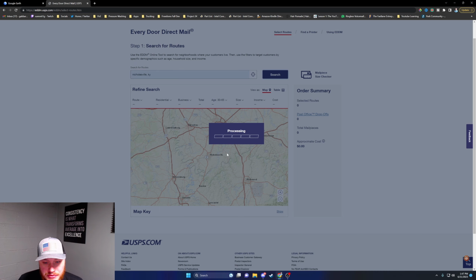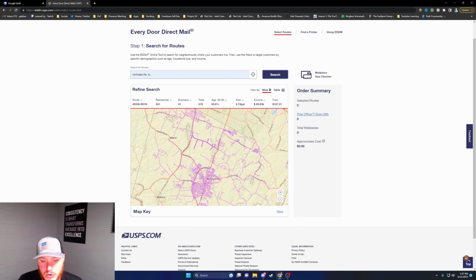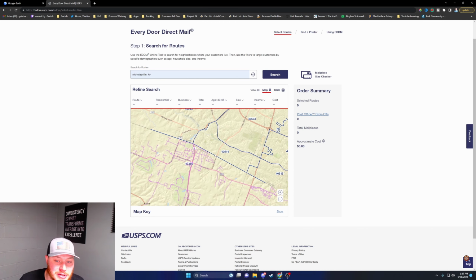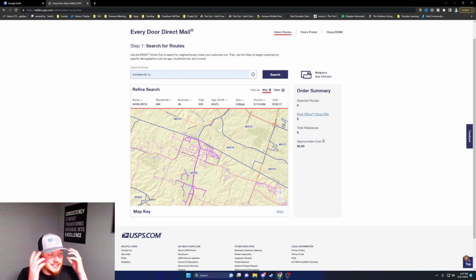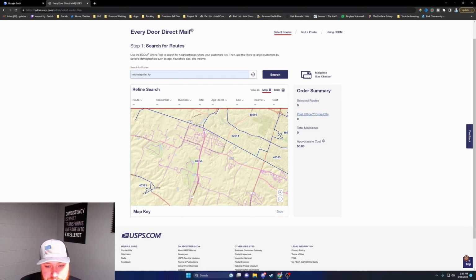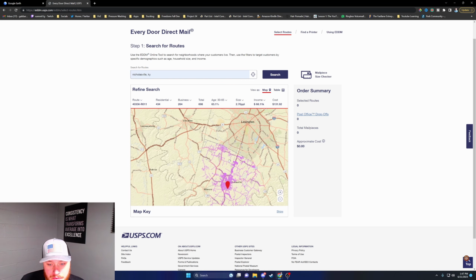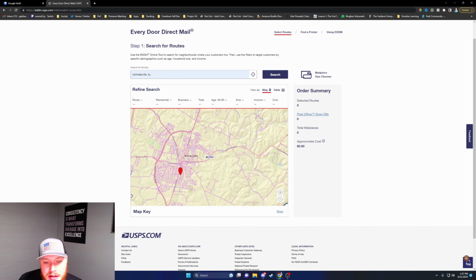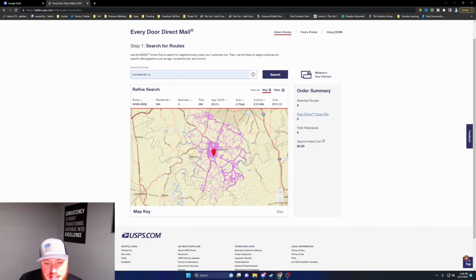A lot of Keeneland races, horse racing, a lot of people that own horses, and a lot of people that work in Lexington actually live in Nicholasville because it's a bit cheaper. So this is kind of how in my area I'm finding these routes. Now I want to show you how this works. So you type in a zip code or just Nicholasville, Kentucky, and it's going to give you all these mail